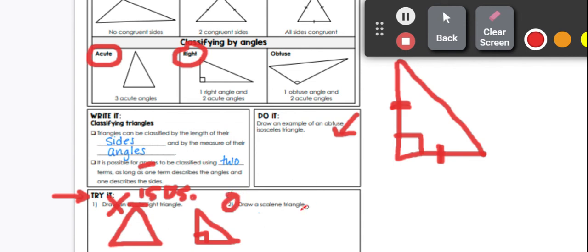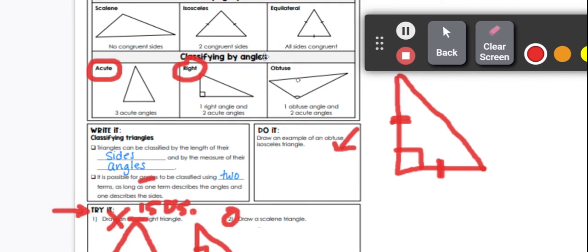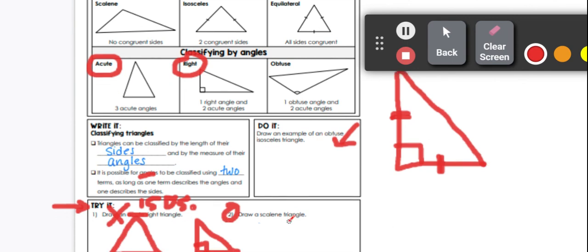Down here, you get to try this one. You can draw a scalene triangle. You might want to remember what scalene means. If you have all of your sides being different, a scalene has no congruent side lengths. Nothing to do with the angles here. You could push yourself to include a statement about the angles, but you only need to have a scalene triangle. All right, so good luck and have some